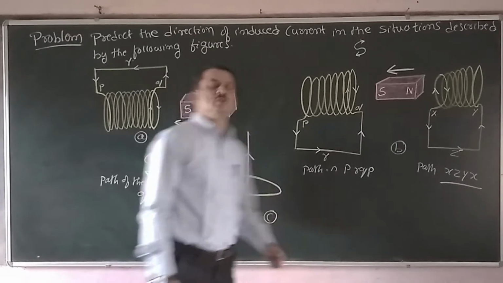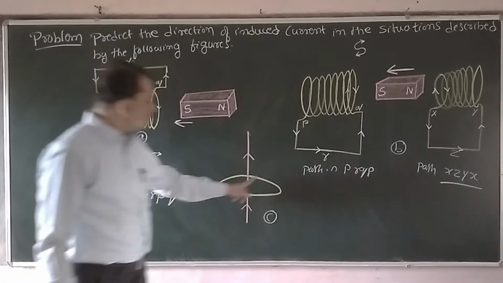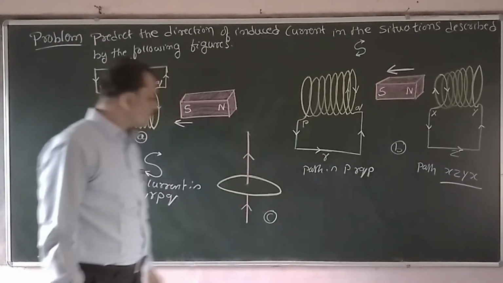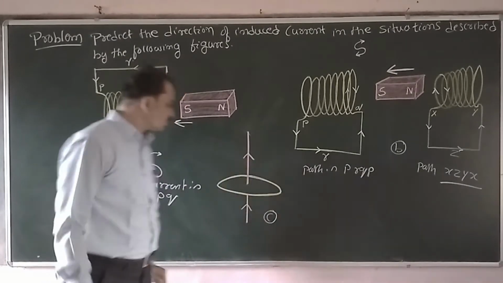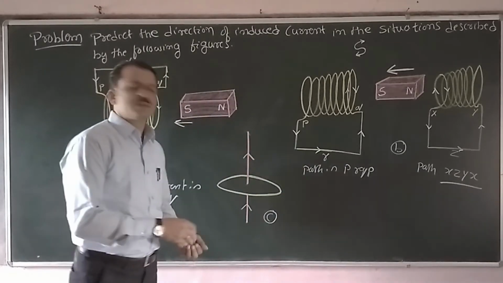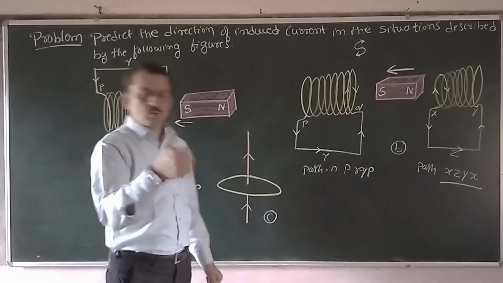Clear? Now come to the third diagram here, a very interesting one. We have a circular loop and a straight conductor. Now we have to work out what EMF is induced in the circular loop. Since the current is flowing from bottom to top in the straight conductor, according to the right hand thumb rule,